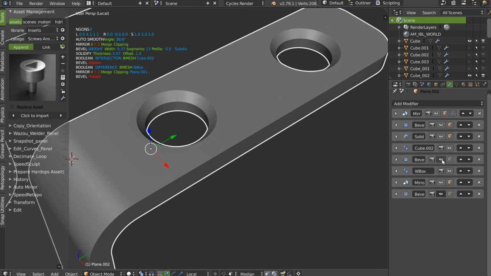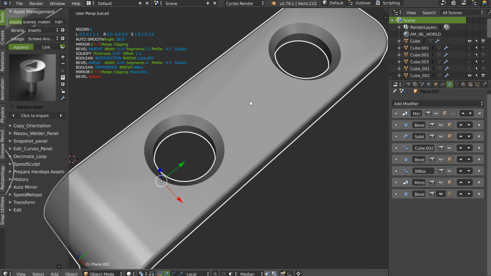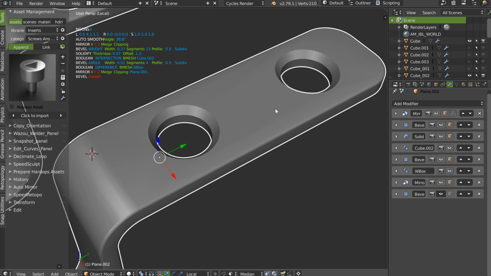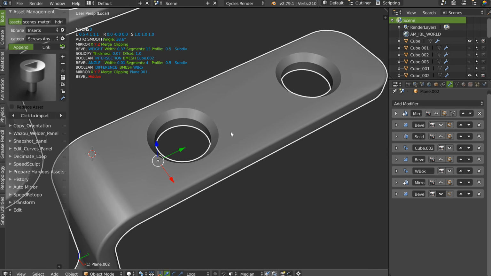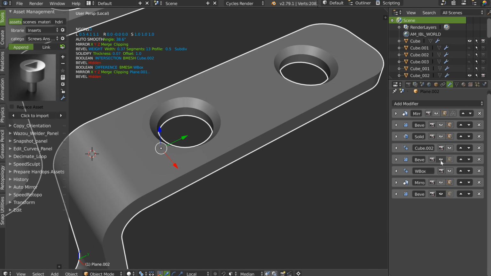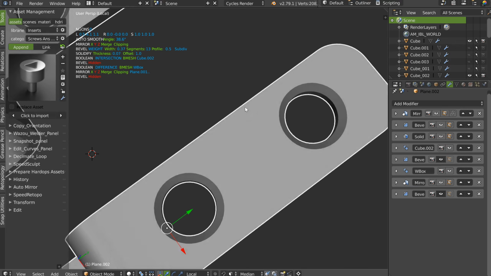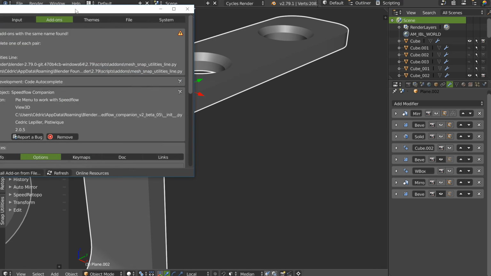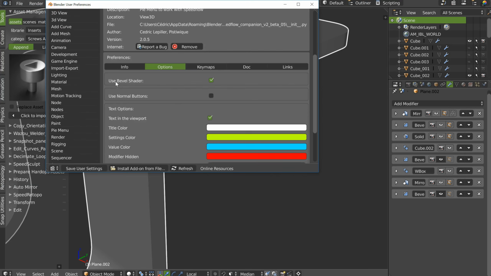So, if I hide everything, as you can see, this is the bevel who adds the shading, but on this one you cannot fix it. You need the new patch for this, but right now you can do this. Or if you want, you can hide this bevel, keep this result. This result is clean. In the Companion, the last version, you can, in the options, add a bevel shader automatically.